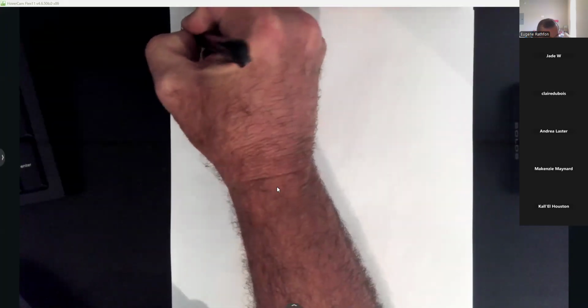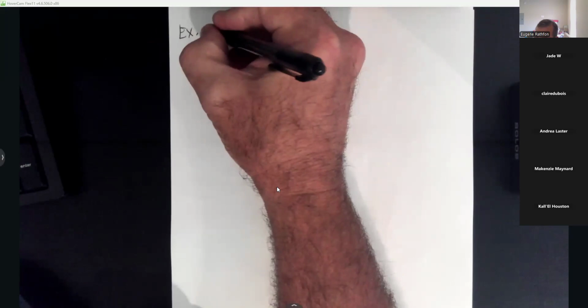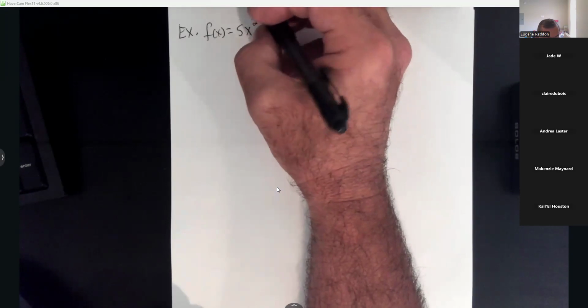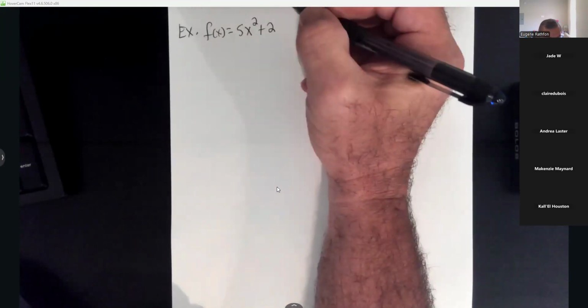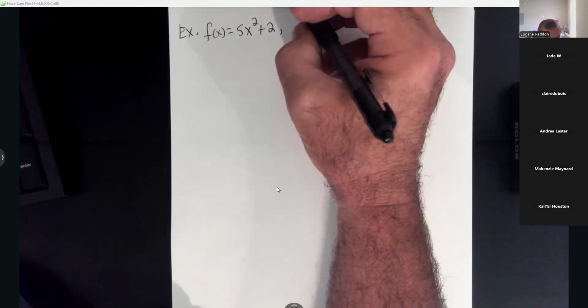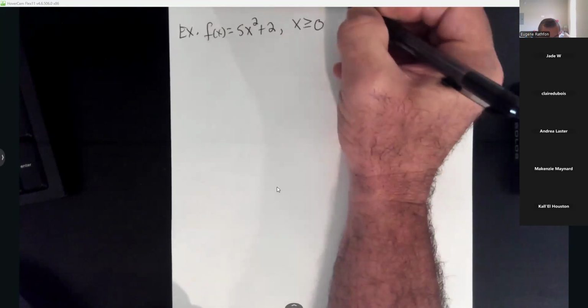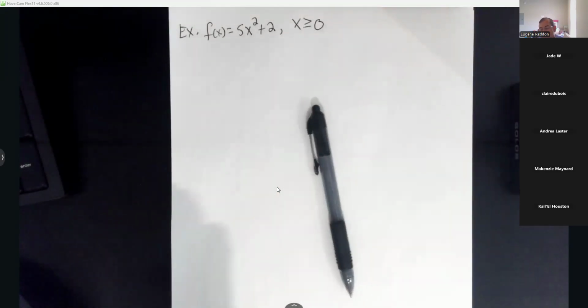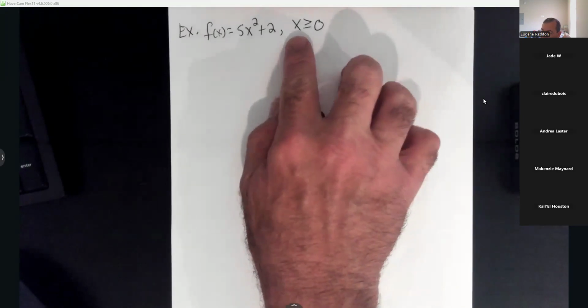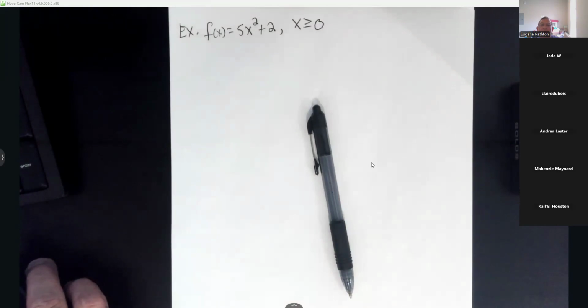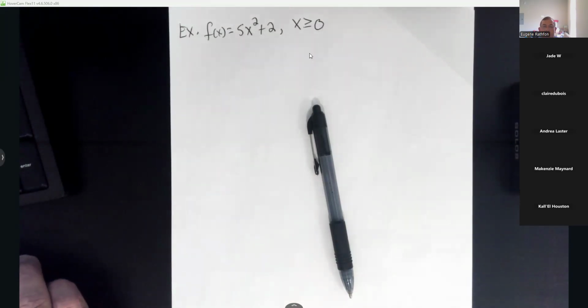All right, y'all, so our next example, they're giving me f of x equals 5x squared plus 2. Now, y'all, this one has a comma, and then it says x has to be greater than or equal to 0. So let me show you what they mean by that. This is telling me they're not looking at any negative x values on this one, okay? They're only looking at the positive values. So let's go look at the calculator